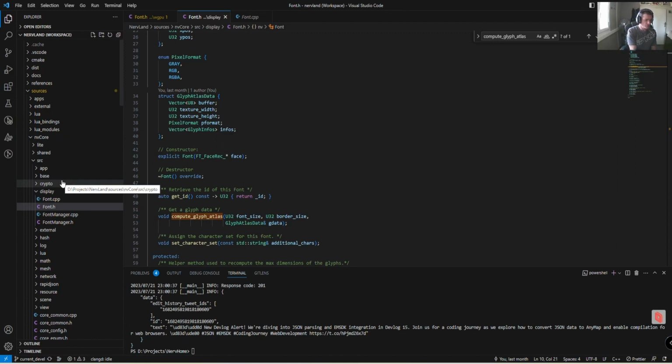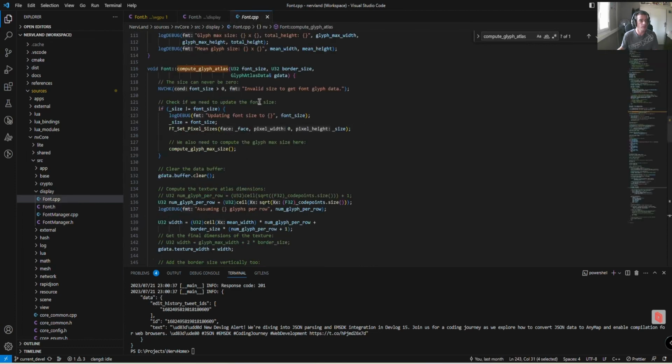So you could consider loading a font for something else, like 2D drawing or whatever, that would not rely on WebGPU. That's why this base class is in the core module here. And the function we are interested in is this one, compute glyph atlas. This is the one I'm using to